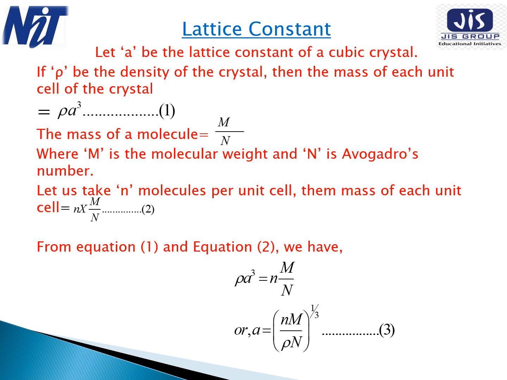If the volume of the unit cell is a cube and we take rho as the density of the crystal, then the mass in each unit cell of the crystal will be rho a cube. Now if this is the mass of each unit cell, then what will be the mass of the molecule? If we take small n as the number of molecules per unit cell, capital M as the molecular weight, and capital N as the Avogadro number, then the mass of a single molecule will be the molecular weight divided by the Avogadro number,